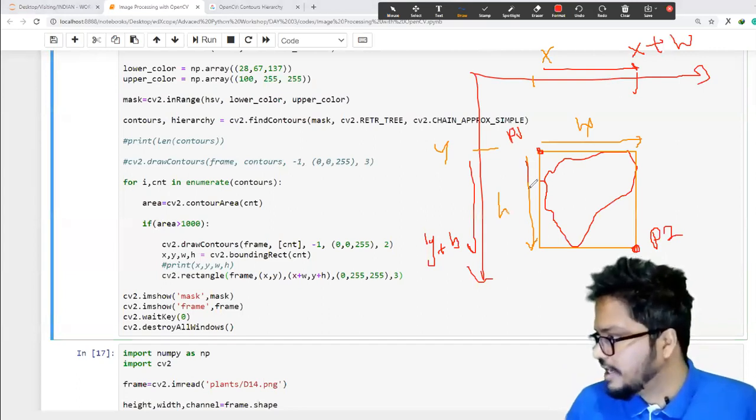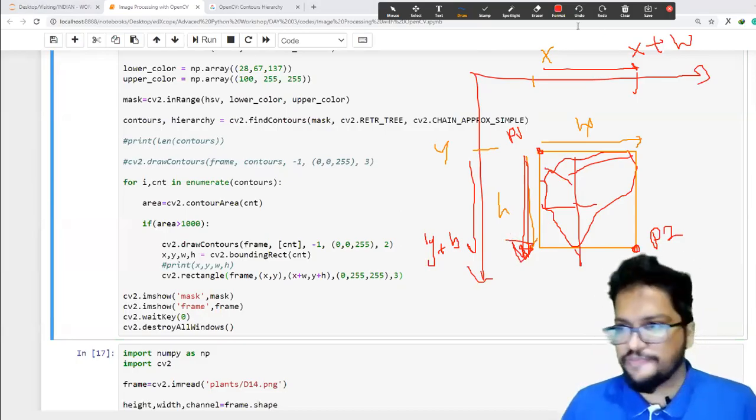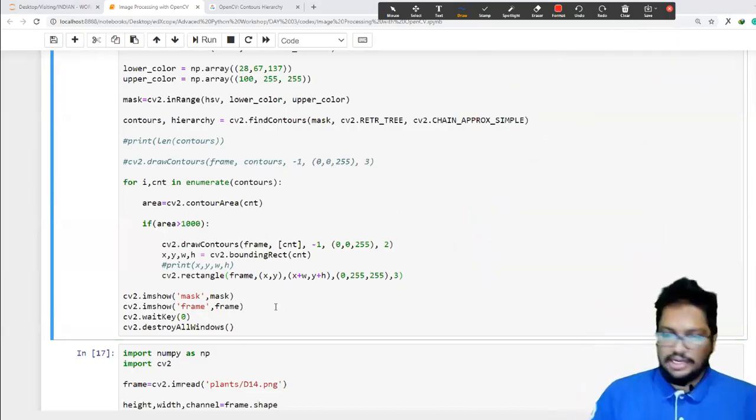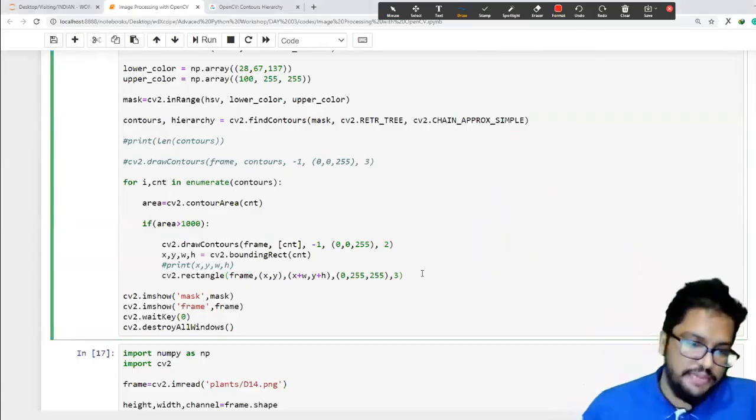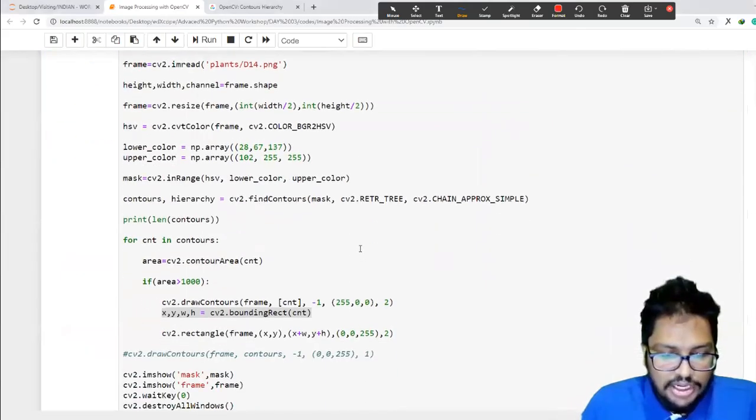Right, so isn't this the height? The plant is there, so this is the height, right? But height in pixels. Height in pixels. So height is given by the h parameter, right? So what we do is we put the